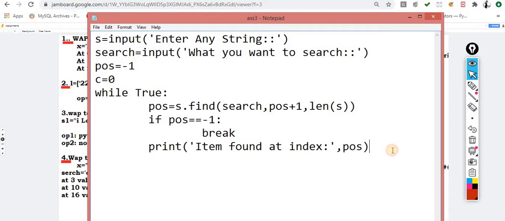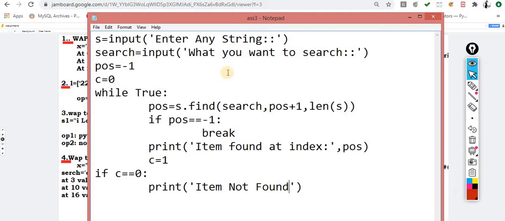This one is the position. So the counter value changes because it's found. If c double equals 0, then print item not found. Okay, I'll explain you, don't worry about it.